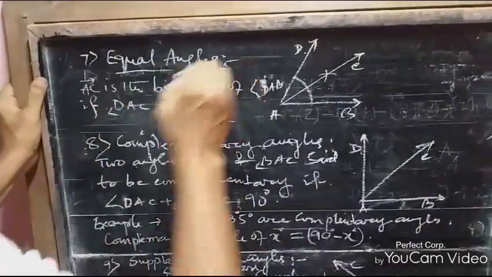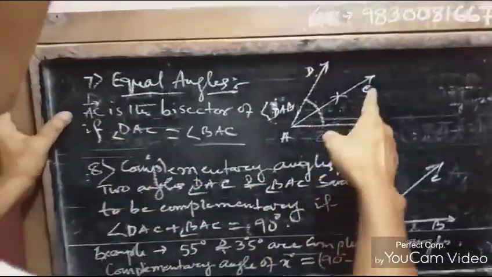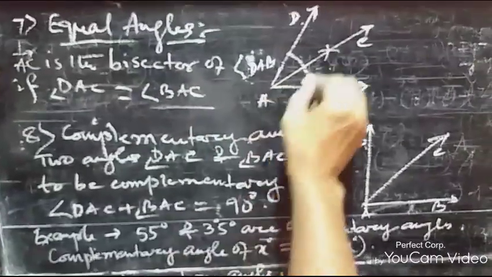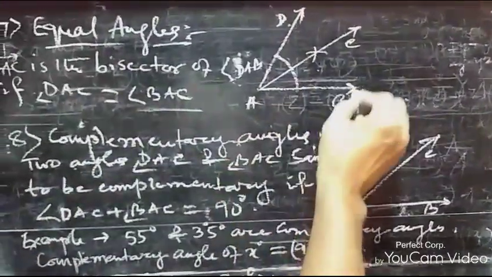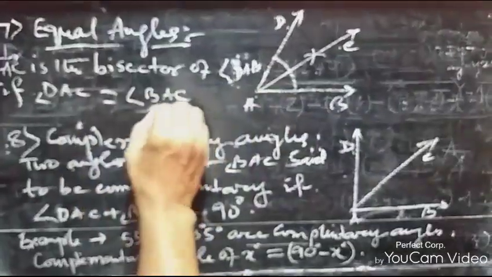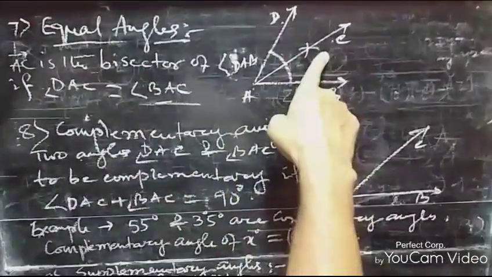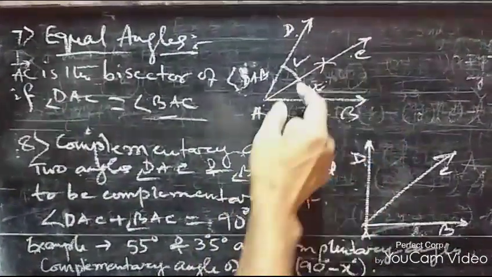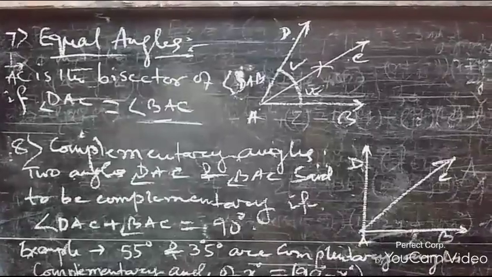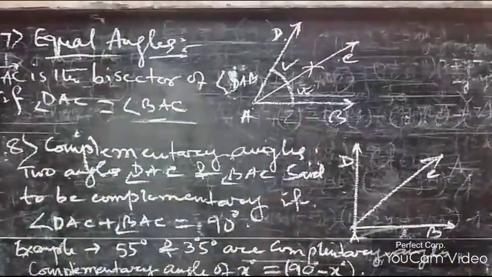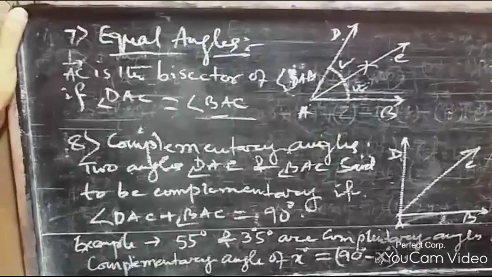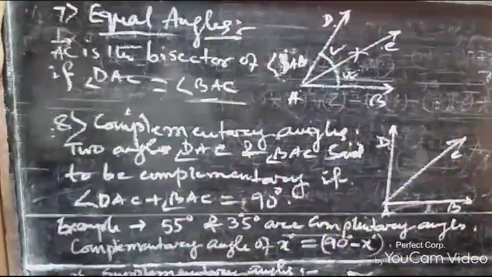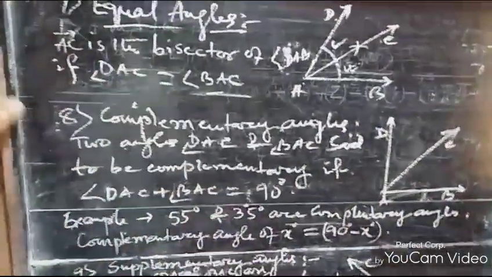Equal angles, what does it mean? Suppose AC is the bisector, that is, the bisector when DAC and BAC are equal. So this is actually the bisector, then it is forming equal angles. If it is any angle bisector, it is just forming equal angles. Next is the complementary angle. These are very important things you should keep in your mind to solve all sorts of problems in this chapter. These are the different types of angles and their characteristics.